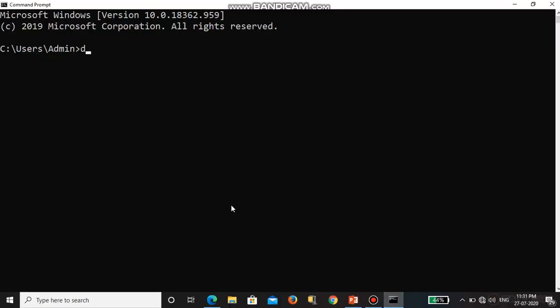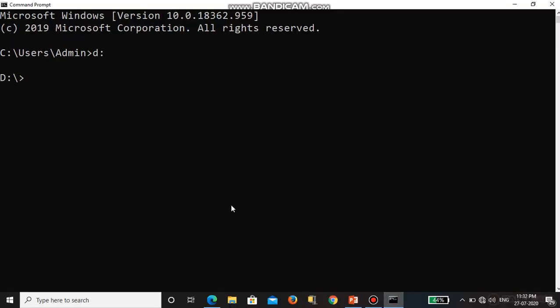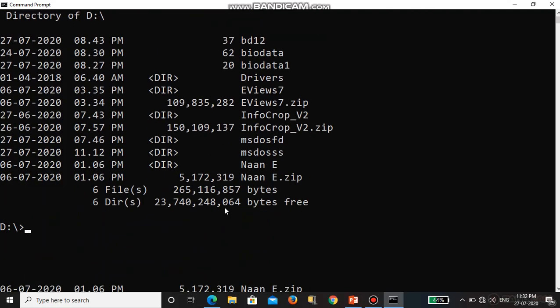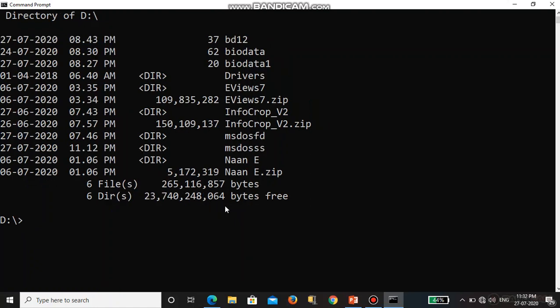I am going to the MS-DOS folder with cd, copying the name and pasting it here. Then I want to see the files in this folder, so I am using dir.